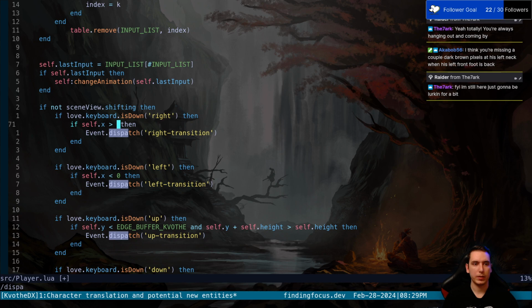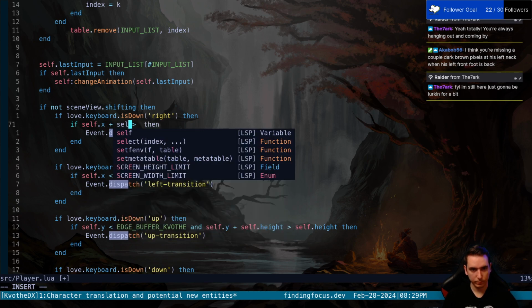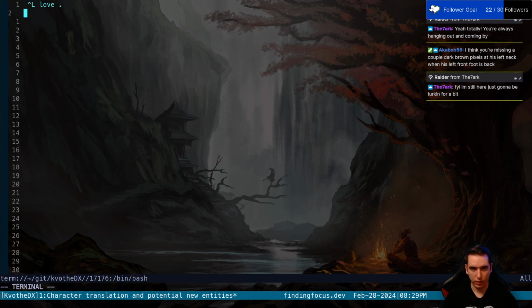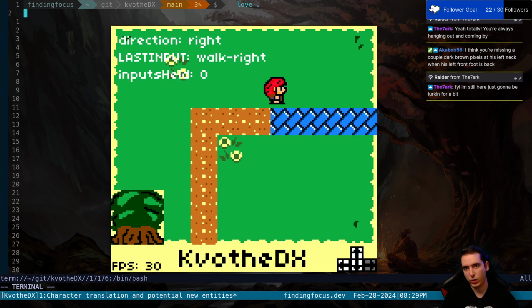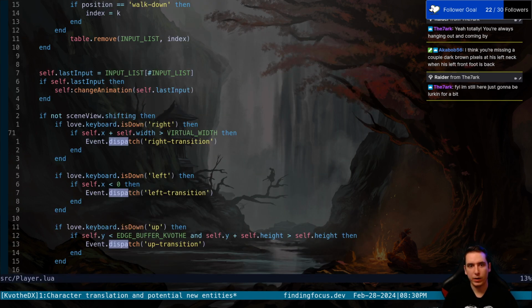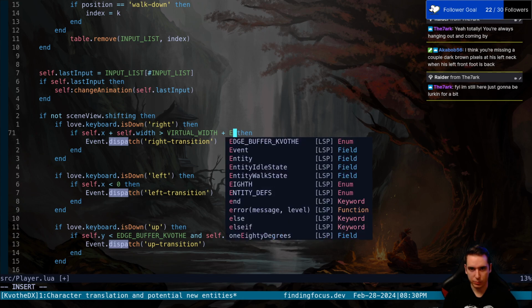What we can do is say, if the right side of us, self.width, is greater than the virtual width. So just if we're off screen, if 1 pixel of us is to go off screen, we'd initiate that transition. Cool. Now I want to give us that edge buffer